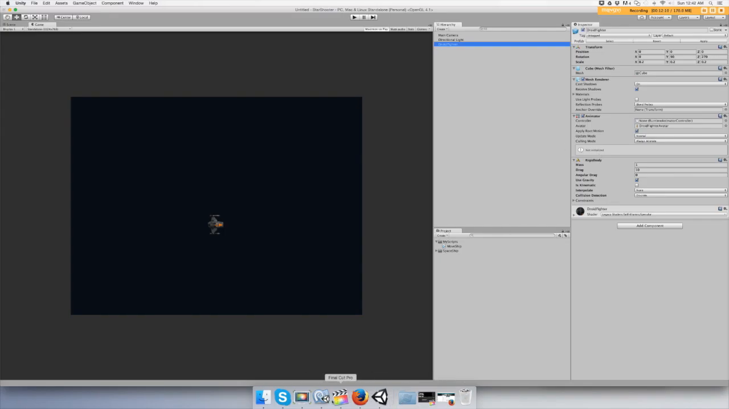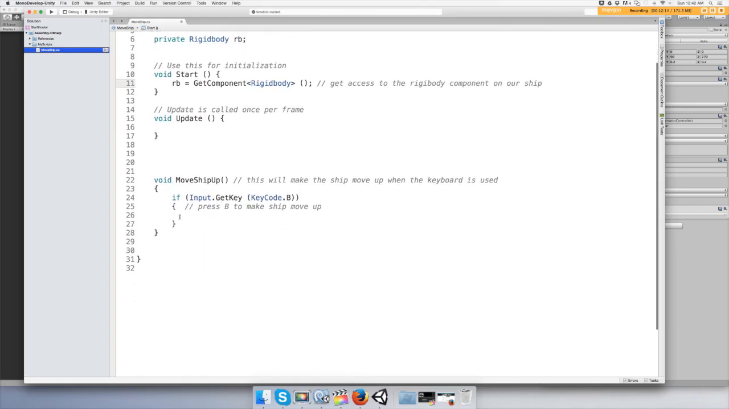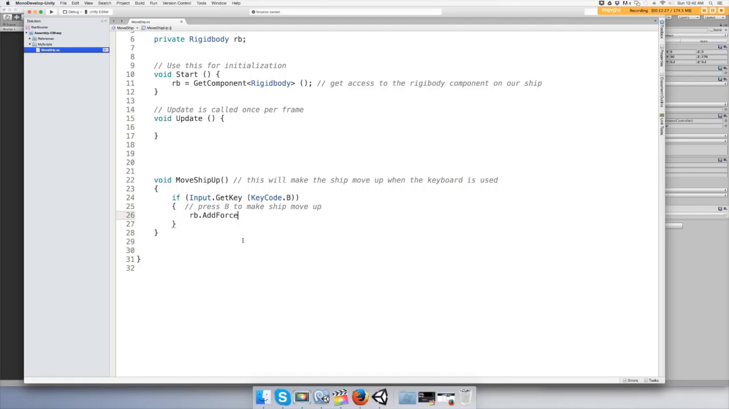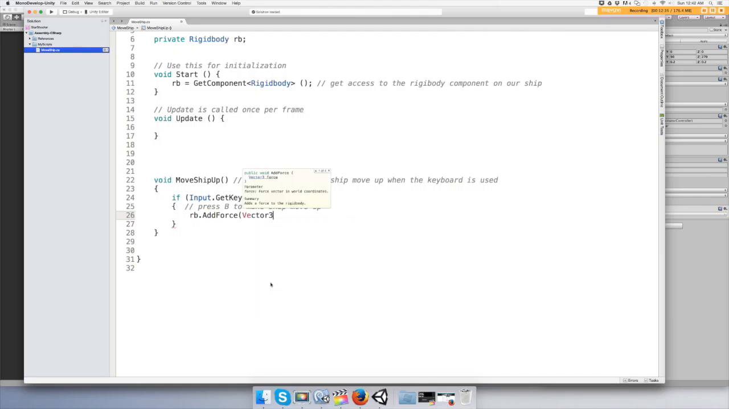We also want to use forces. Alright, so then we'll go back to our input script, or input method. To actually make it go up, we need to do rb.AddForce, and then we're going to do Vector3.up,